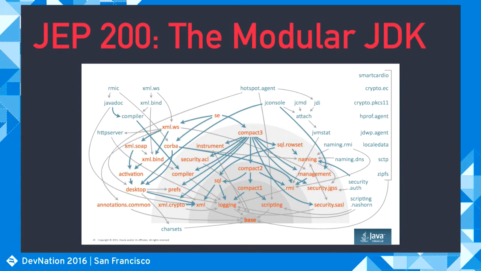The other thing that you might notice is that all the arrows are actually pointing in one direction. There are no cycles in there, and that's probably good because cycles are not supported in Java 9. So you can't have cycles in modules, which is again good news, because cycles don't really go well with modularity as a concept. It's always a bad sign if you have cycles. So that's pretty good.